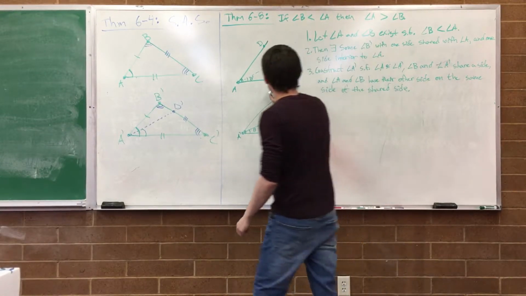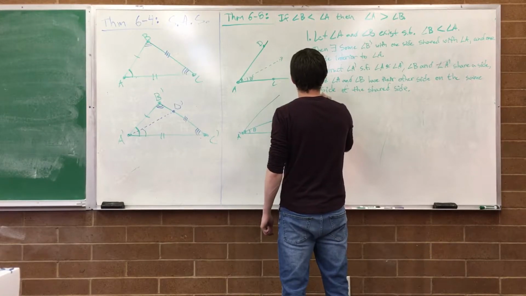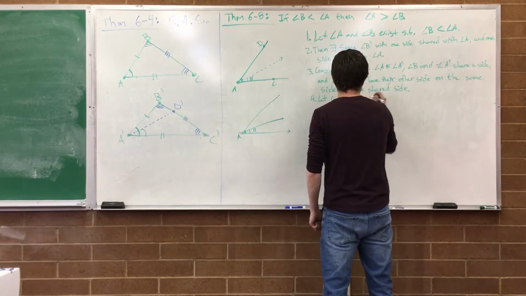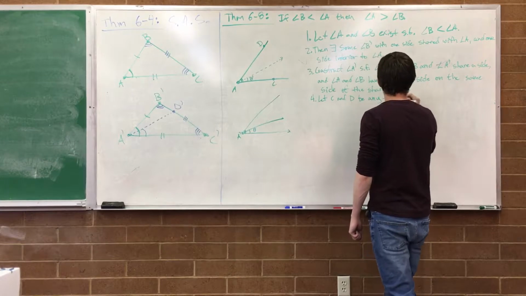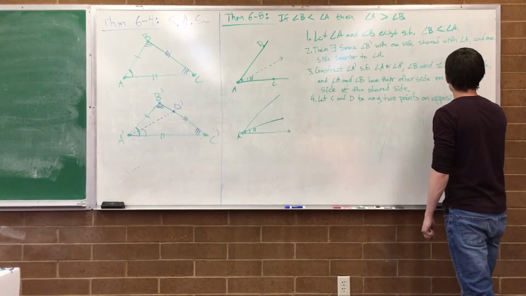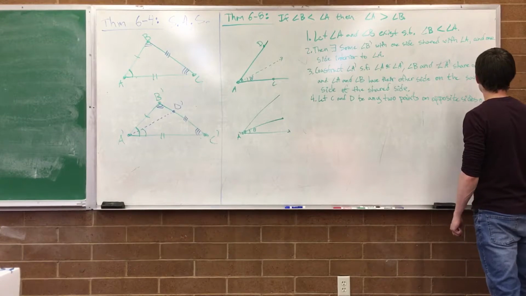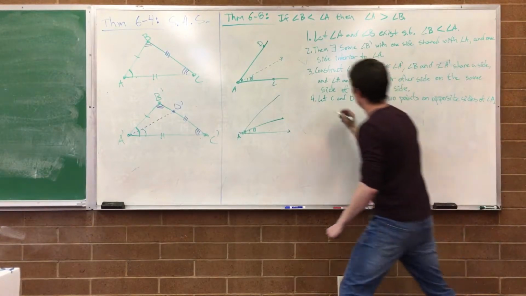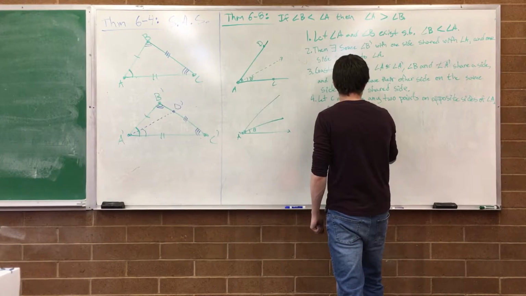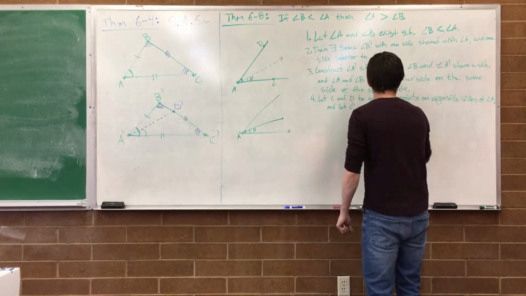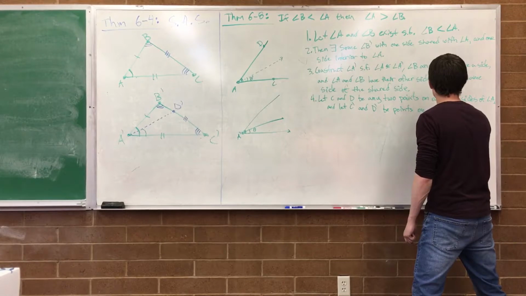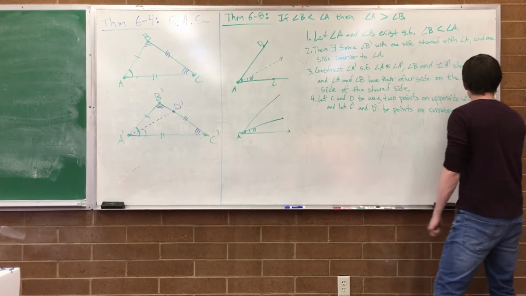Oh. Step 4: let C and D be any two points on opposite sides of angle A, and let C prime and D prime be points on corresponding sides